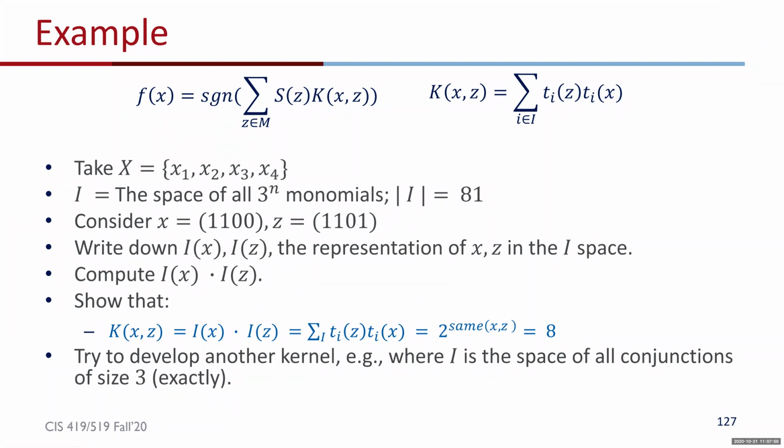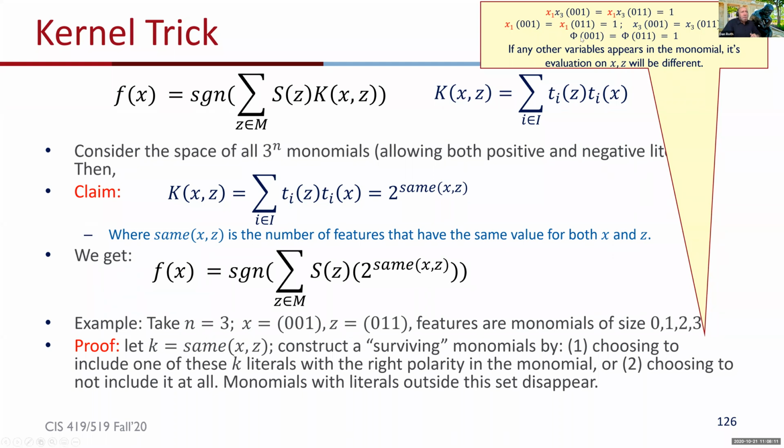Professor, can you explain again why, when x is not equal to z in one dimension, we can ignore that? So let's look at this example again in the top right here. I have these two examples, 001 and 011, and I have a lot of features over them. One of the features is the second dimension, I'm going to call it the x2 feature. What is the second dimension of 001? It's 0. The second dimension of 011 is 1. And when you write down the new feature representation of 001,